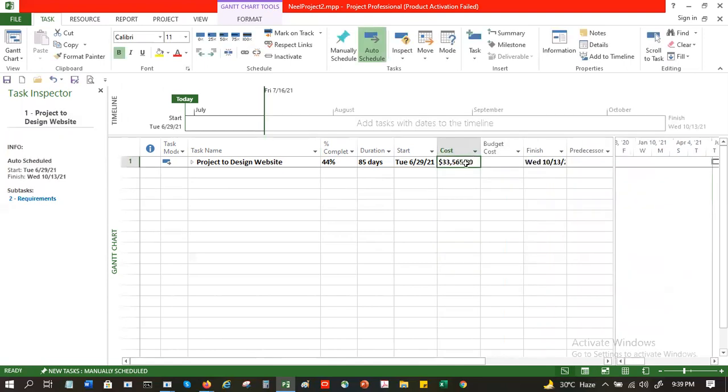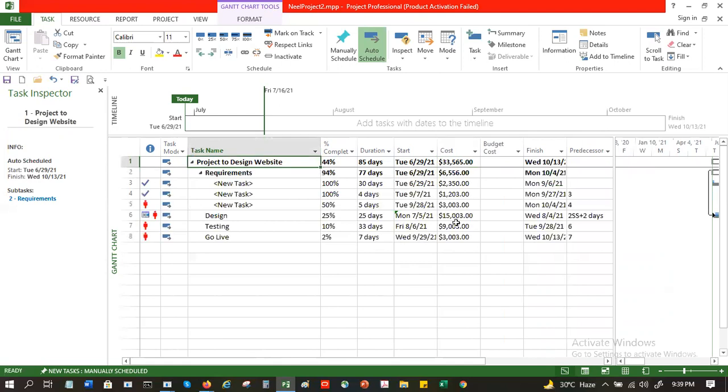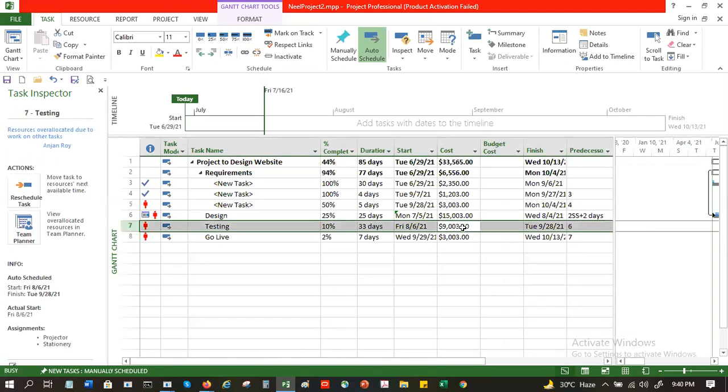See, this costs $33,565 for the entire project. This is your budget based on the resources that you have put into the system.